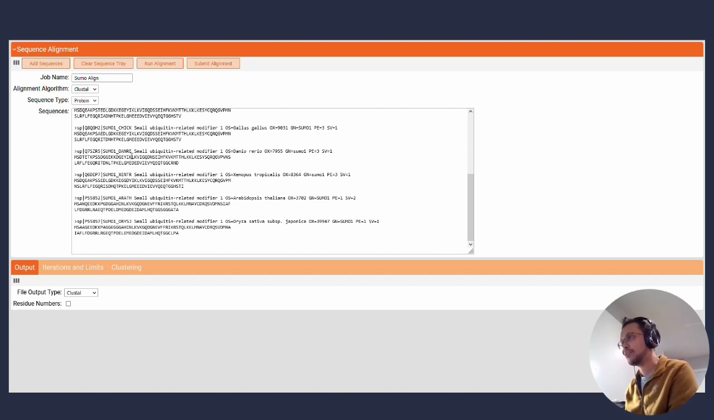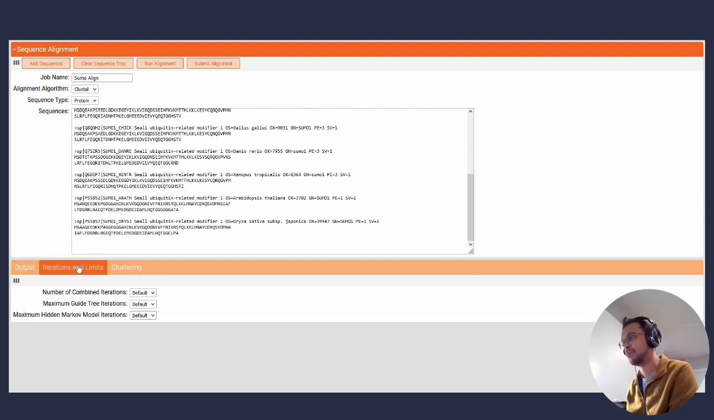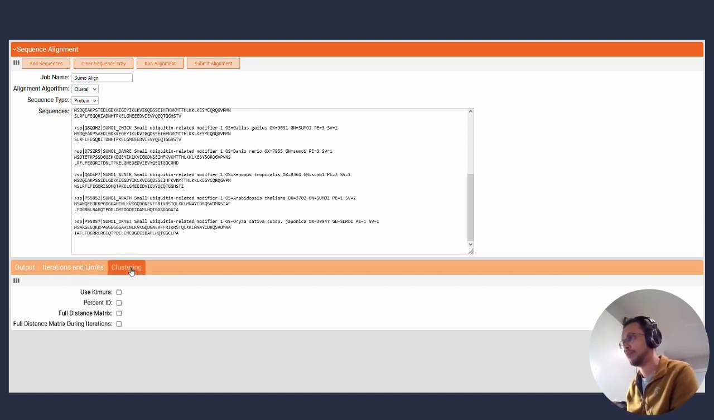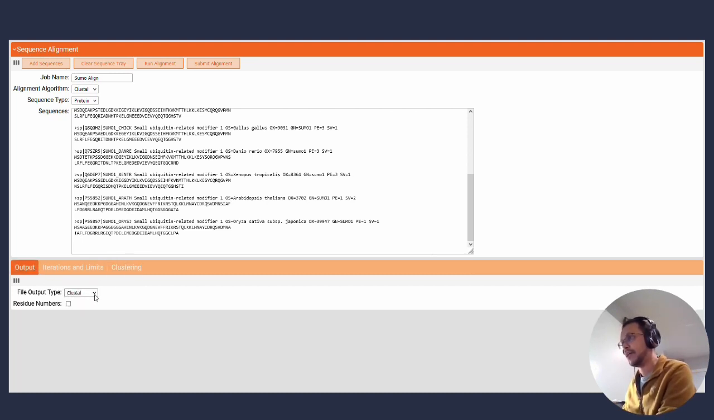On the bottom section, you will see that the end user has the ability to modify a few of the various run parameters. Right now, we support clustal and MAFFT. We hope to add additional algorithms in the future along with additional parameters for run as well. I'm going to select %ID for today's demonstration and select the file type as clustal and then click on Run